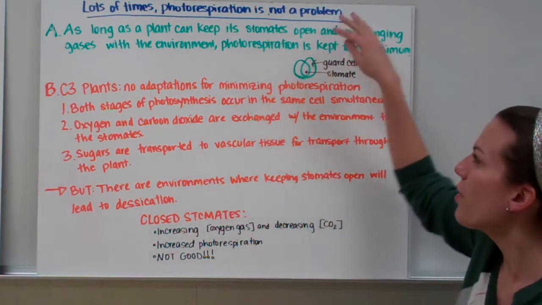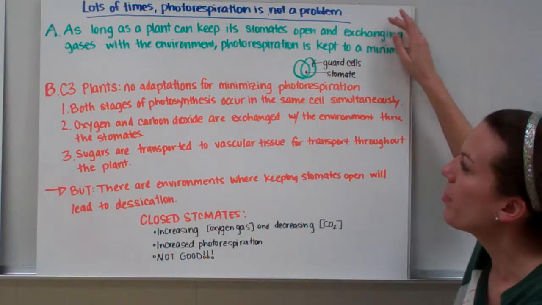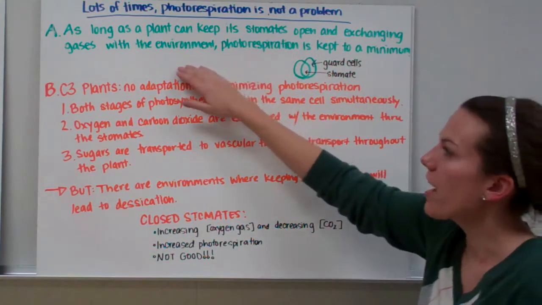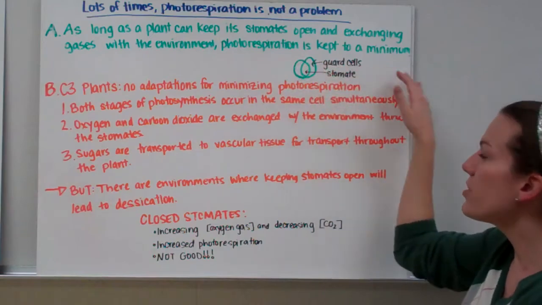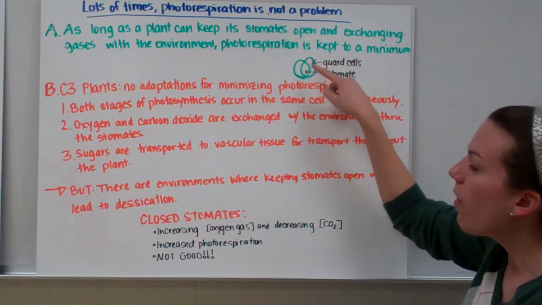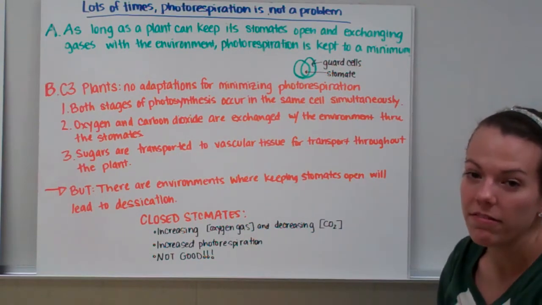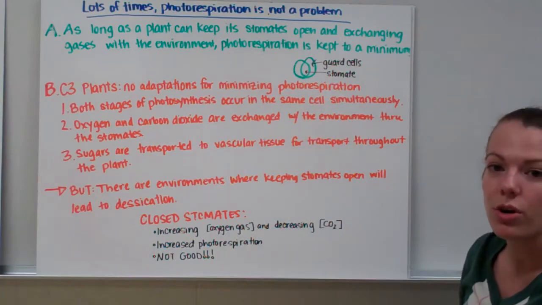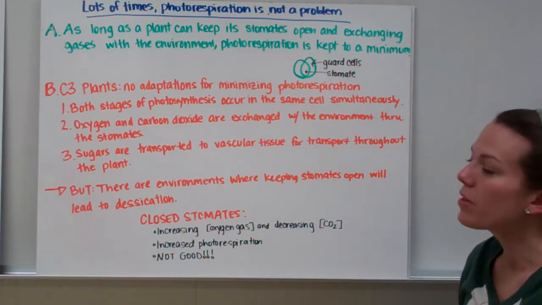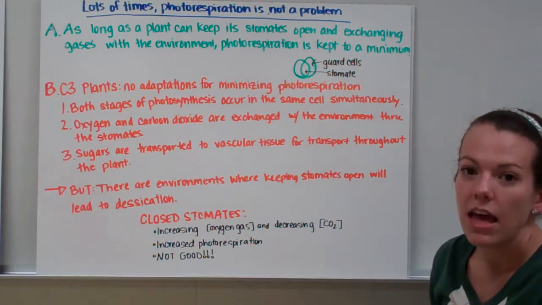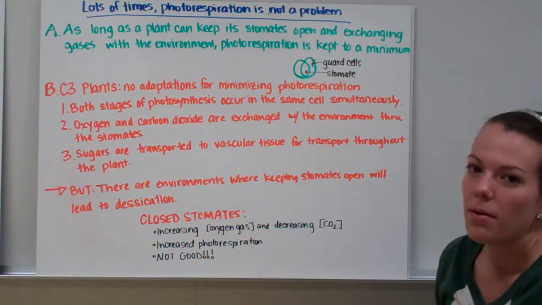But lots of times photorespiration is not a problem. As long as the plant can keep its stomates open and keep exchanging gases with the environment, photorespiration is kept to a minimum. Remember, a stomate is the very little hole that's in the bottom or the top of a leaf, and it lets gases pass in and out. And remember, our guard cells control whether or not that stomate is open. So if our leaves live in an environment where they're able to keep their stomates open, then they have no